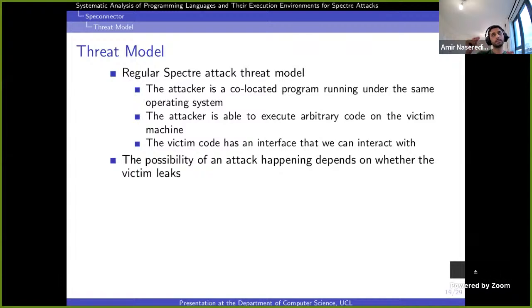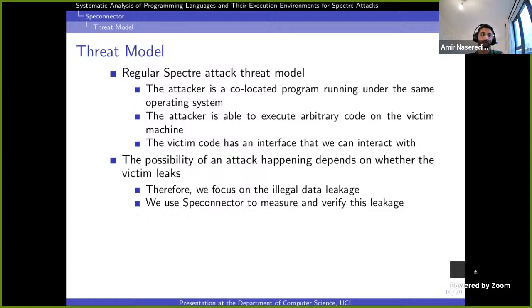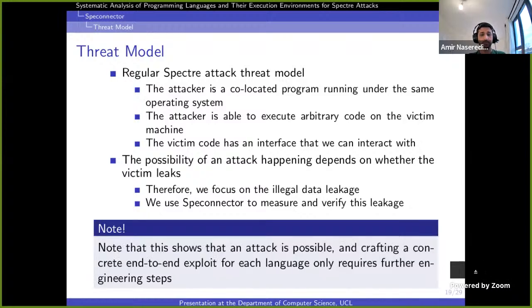We know that the possibility of the attack being successful depends on whether or not the victim has a leakage of information, because if it doesn't, then the attack is not going to happen. For that purpose, we focus on the data leakage rather than on the engineering side of the work, and we use Speconnector for this purpose.